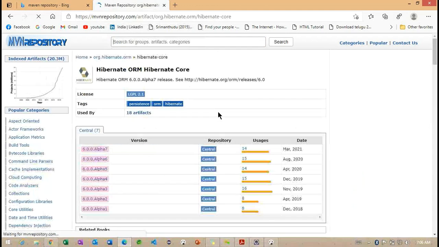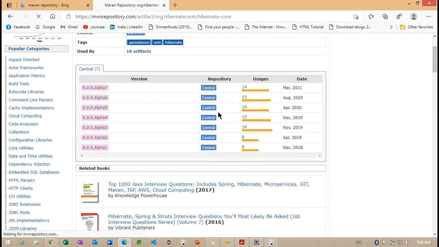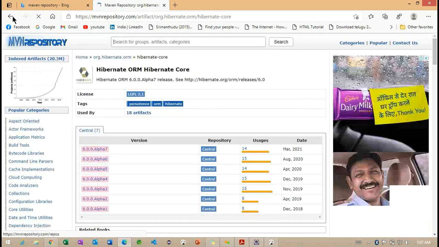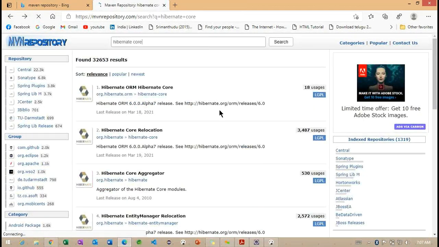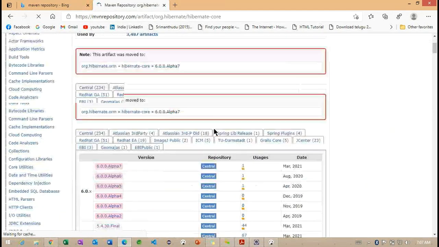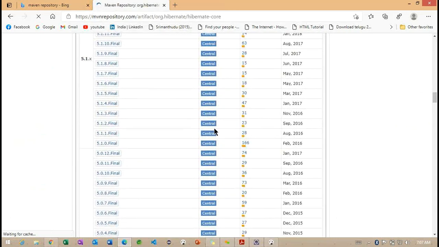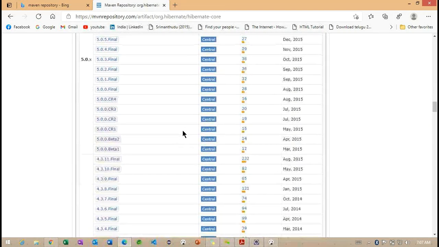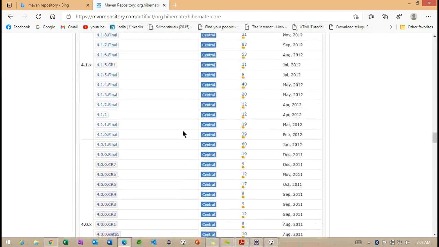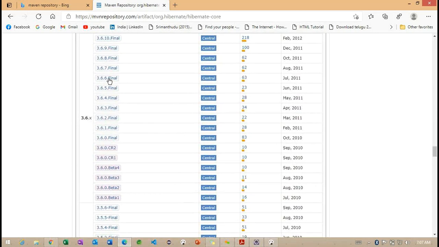We'll try to work on the 6 version. So we can work on the 3 version. The third version we are going to work on here. So let me go for the third version.